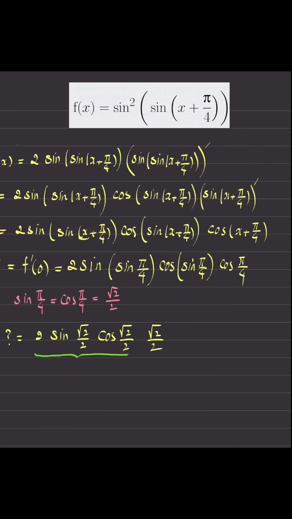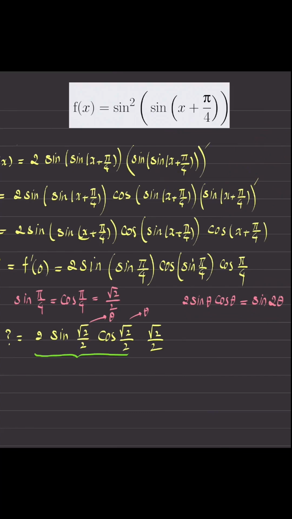We have 2 sine theta cosine theta for any angle becomes sine of 2 times the angle. Okay, so now if I give the role of theta to this square root of 2 over 2, which is of course expressed in radians, then it becomes exactly the left hand side of the formula that I wrote here for you. So I can combine it into the form of sine of 2 times this angle. So what will happen,